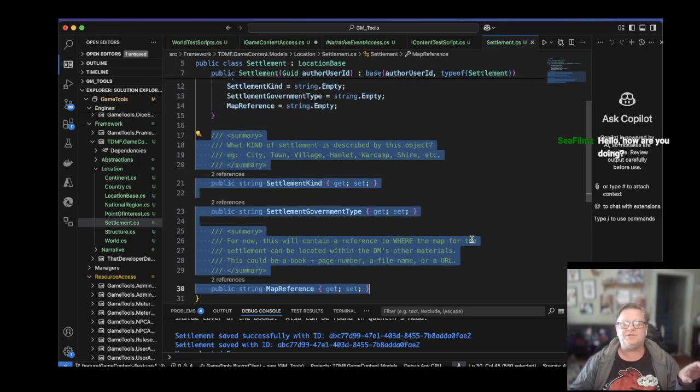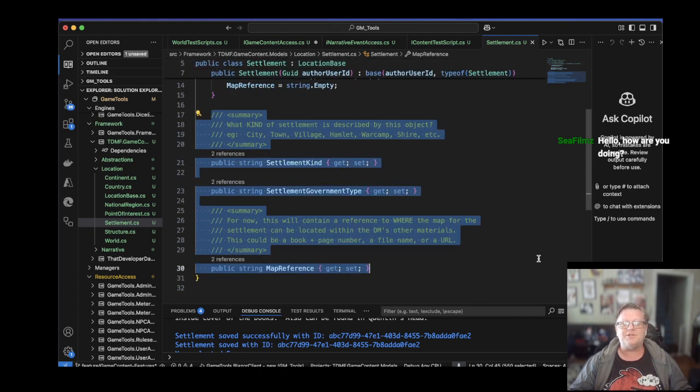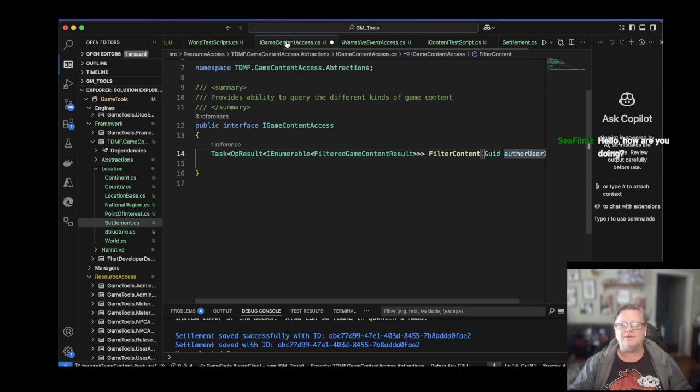All of the other properties that are inherited, because it inherits from location base, which in turn inherits from game content base, aren't counted as leaf properties. The only properties I care about for this are the ones that,